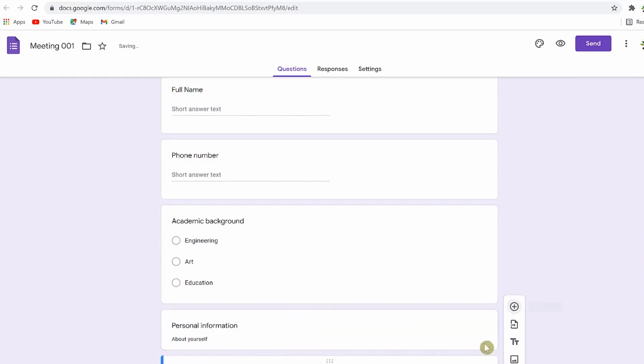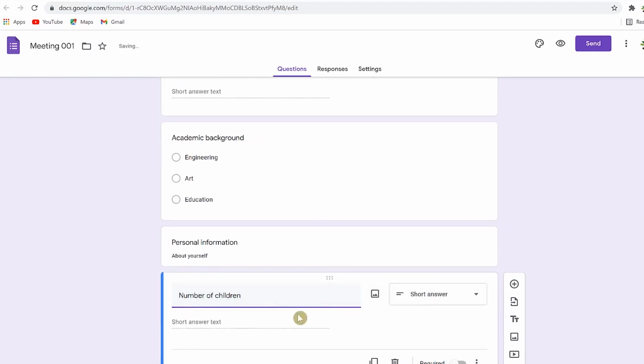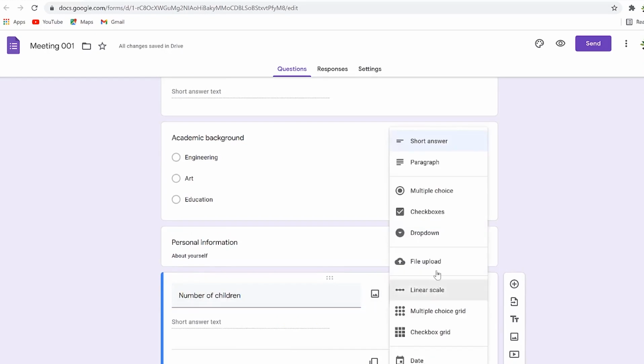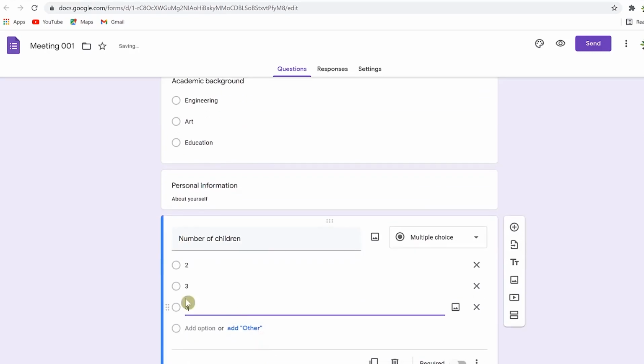So we can add a question from here. For example, we can say number of children. You can give the number, or we can give in options, maybe multiple choice. You can say option 1, option 2 you can give it 3, option 4 we can say 5. So you can choose from anyone. All right, just like that. We can keep adding